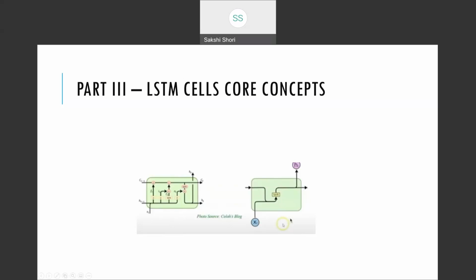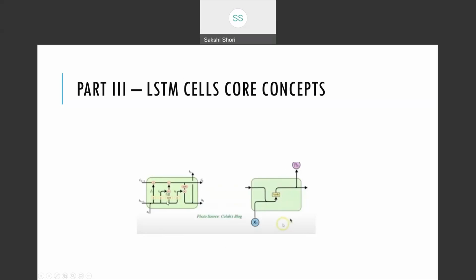So again, in the simple RNN cell, this is what we have as an input that goes into the activation function, and this is your hidden layer, and that gets passed on to your activation function, resulting in an output mentioned as HT, right?